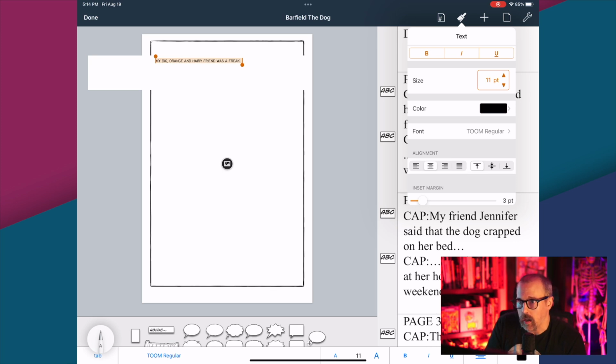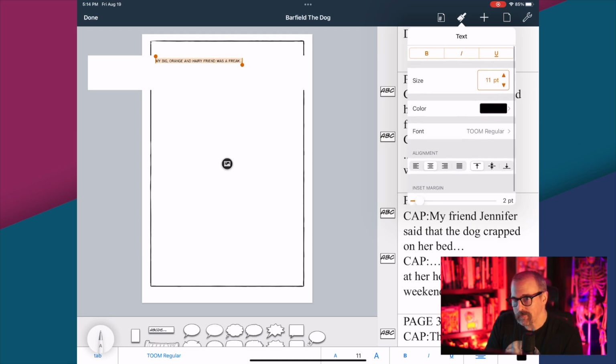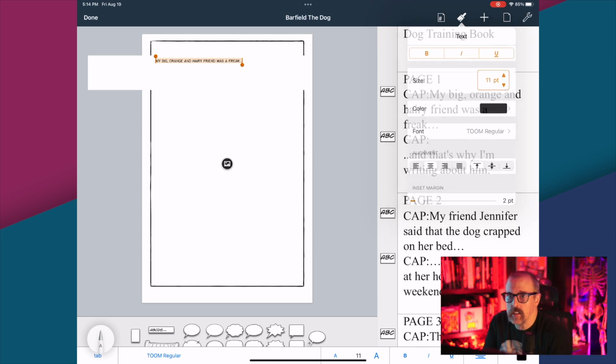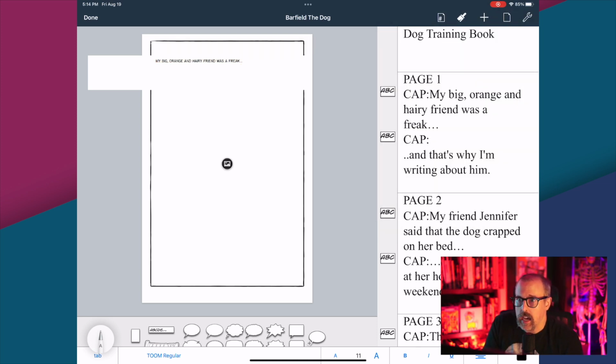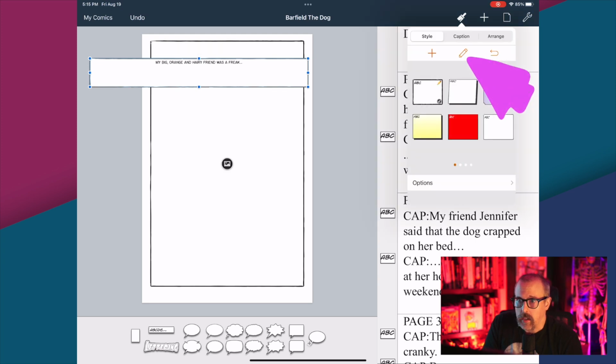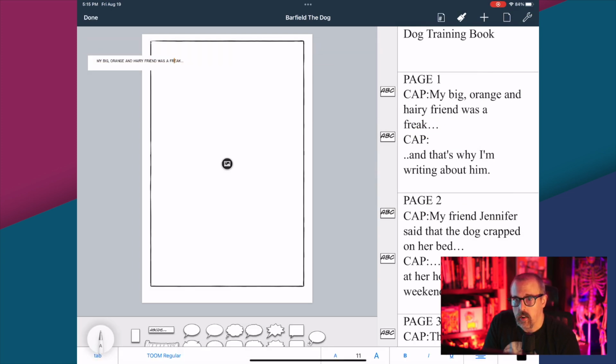I think people should get paid for the work they do, which I understand the irony of saying while I'm using Midjourney to make a comic on the same day. So I like to center these boxes. Some people will right align them, but I will center them, and then I'll resize all of them. Once again, I'm pointing to that pencil tool, setting the template to lock so that all of them are the same.